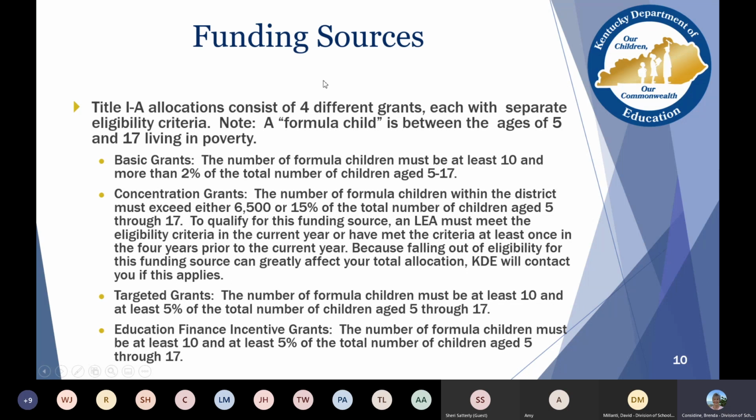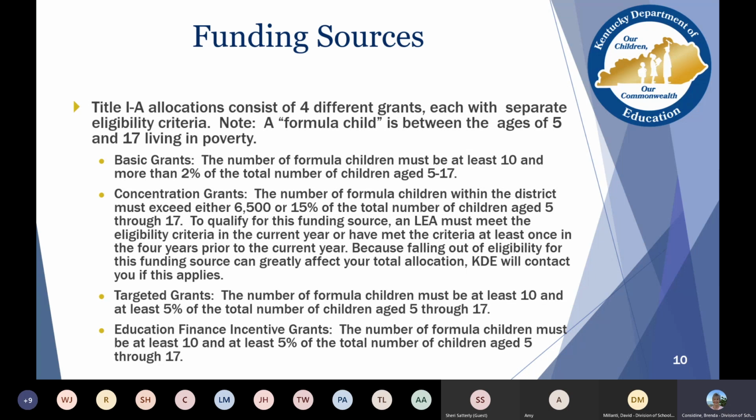So this was something I learned about after coming to KDE in April. And that was one of my first activities that was assigned to me by David, to learn a little bit about the grant.